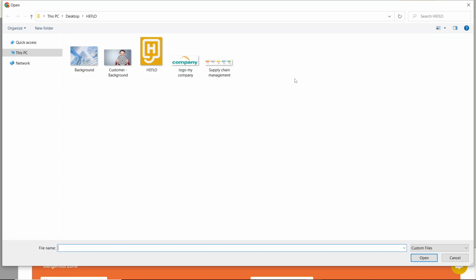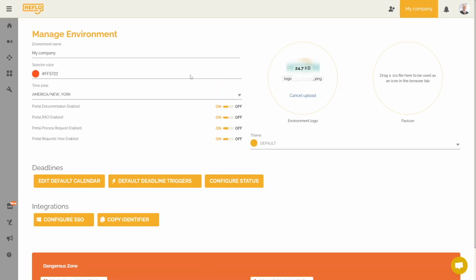You must choose an image file, either PNG or JPEG. We advise you to choose an image with a transparent background because the place on which the logo will be positioned has a gray background color. So I will choose the logo for this environment. Our logo has now replaced the Heflo logo on the top left.